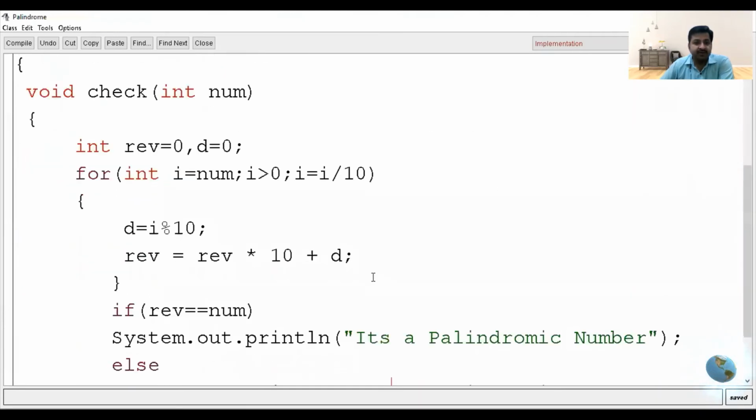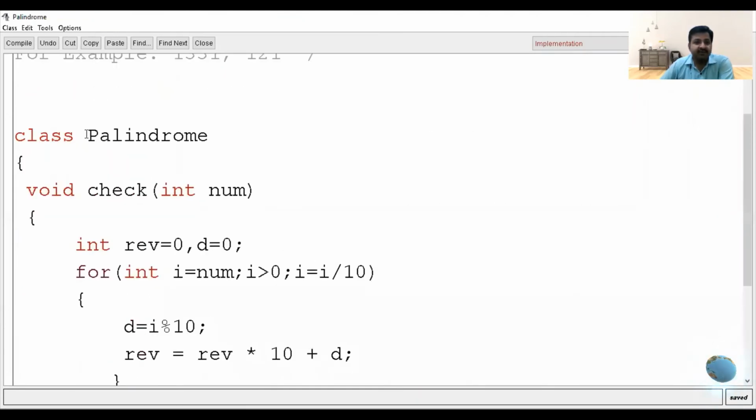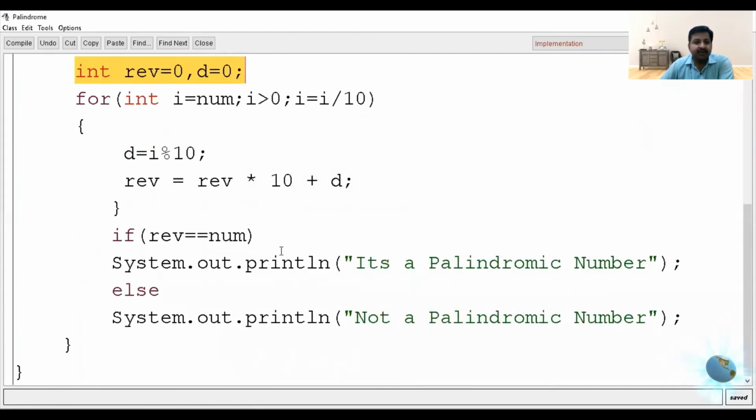So you can see the program. First of all, we have declared the class, declared the function, taken the number input, declared two variables. Instead of this d, if you want to, you can simply write this statement i modulus 10 over here also. Clear? So there is no need to take d over here.